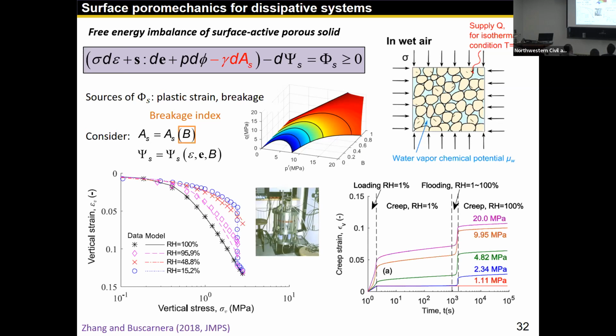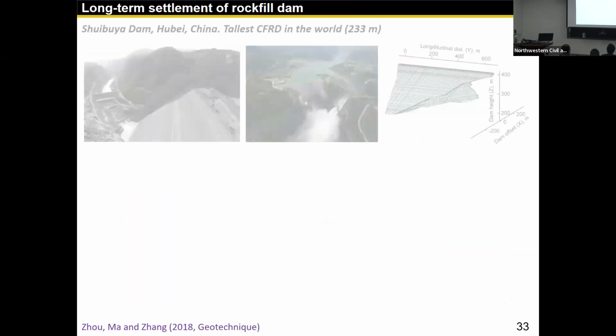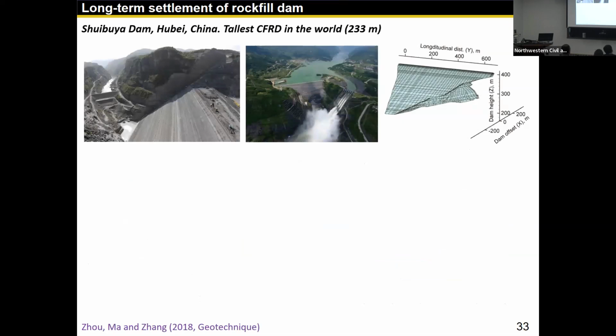Here it is a rockfill material, and you can see in dry environment, it's very strong. In wet environment, it's compressed much more. You can also do the creep test, let it creep in dry environment, but once flooding occurred, it triggers a second phase of creep. So all of these environmental effects can easily be injected into your geomaterial models involving the surface effect. And then the first thing I did when I started in Geoboulder is to hire a student to implement the model in a UMAT environment.